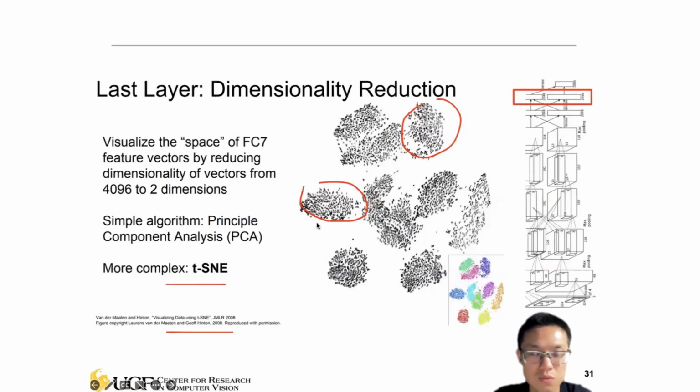Another way is we can do this kind of visualization with dimensionality reduction. The original feature embeddings, like those of the FC layers, are in high dimension. So we can do dimension reduction, and then visualize these features. Here, this is t-SNE, or you can simply use PCA to reduce the dimension, and we can see from the data set how the features from different samples are distributed. Maybe some of them are clustered into different clusters, so we can use this to interpret.